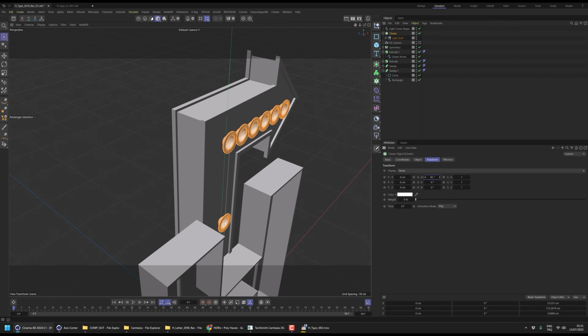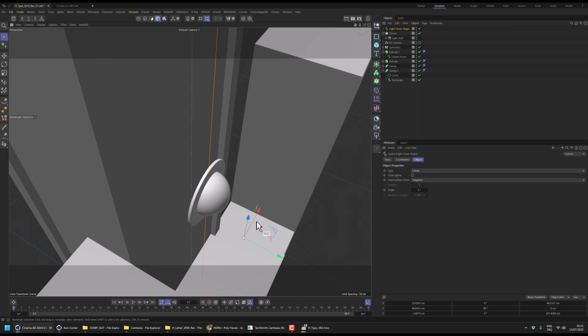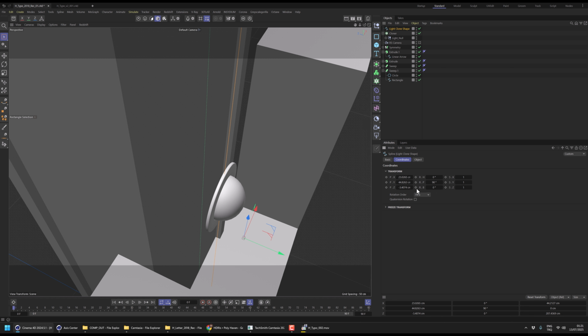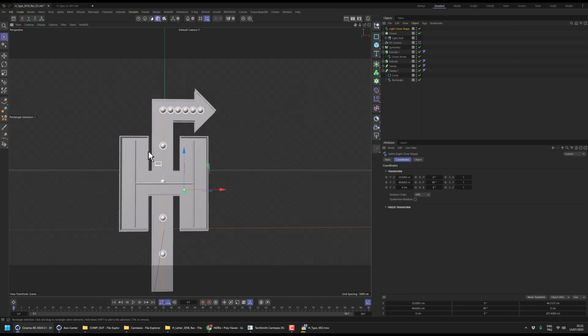We need to rotate them in the P part to 180, and we can move our cloner shape to 0 again, and